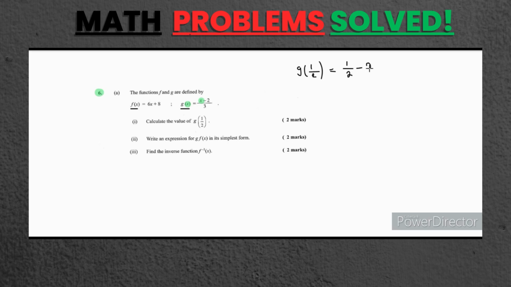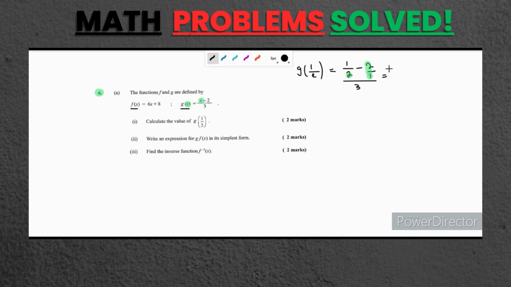minus 2/3, right? So when you replace x by 1/2, you will get this fraction. Then you will divide. Here there is no number in the denominator. It means there is 1, right? So the next step is you have to make the denominators equal. So here 2 and 1 are different denominators. You will make them equal by multiplying this